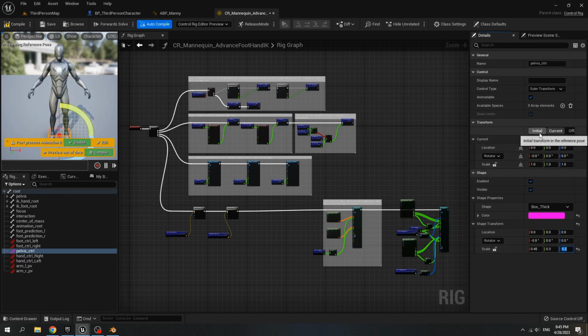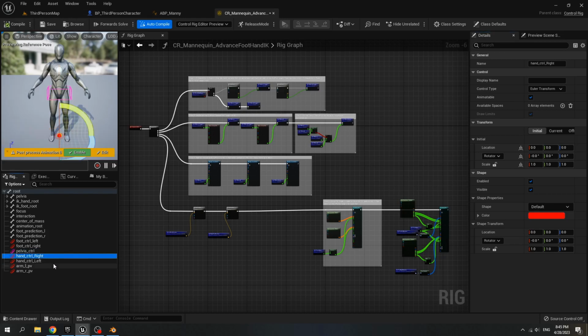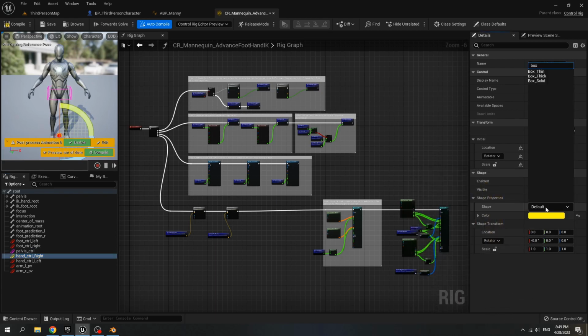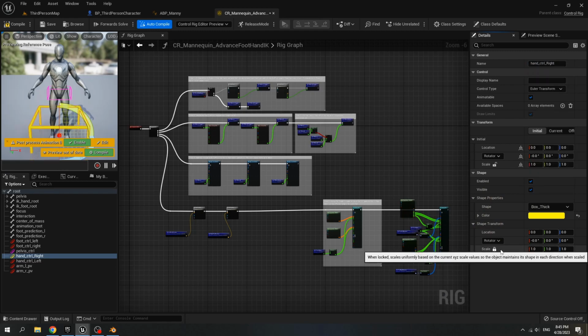And the Z location, click on initial, is 94.68. Compile.